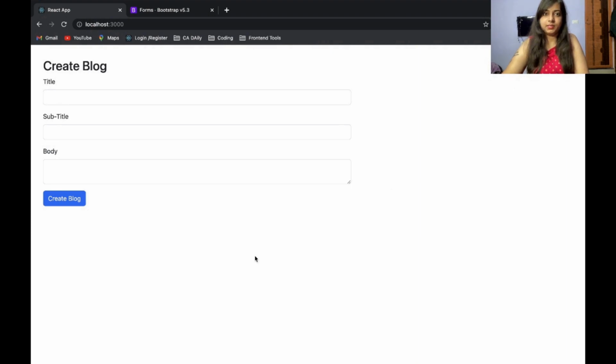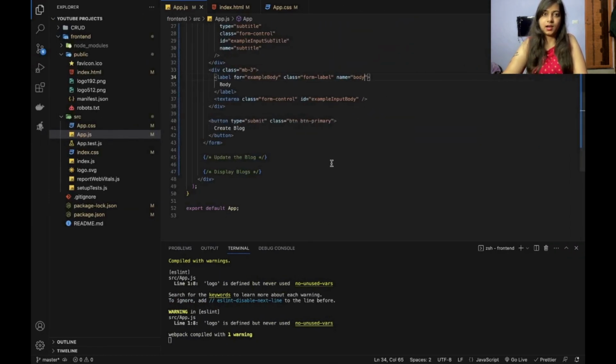Okay, so the basic layout is ready. Now we can start creating